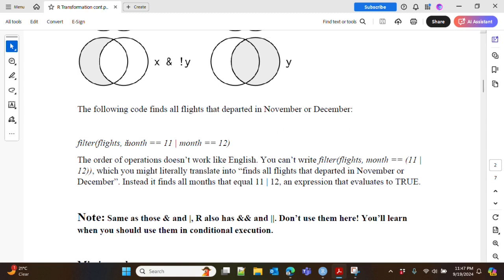Let's try to use this. If you need to filter the flight details based on month 11 and 12, so 11 or 12, either one or both. Okay, or means either one or both, and means belongs to both of them, belongs to all of them. Okay, here we have two, so belongs to both of them, right? Okay,